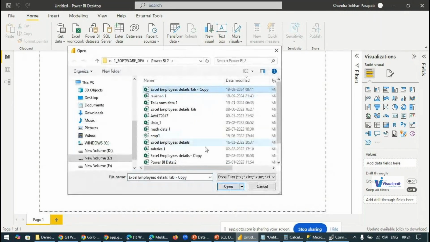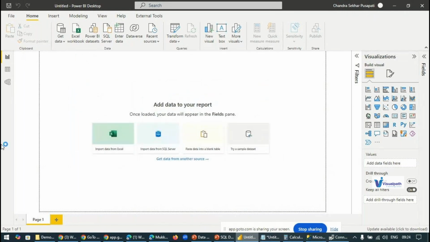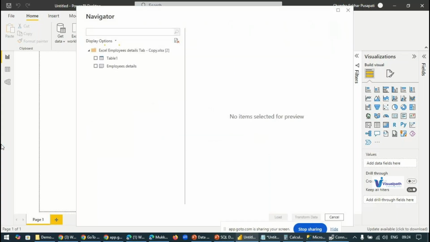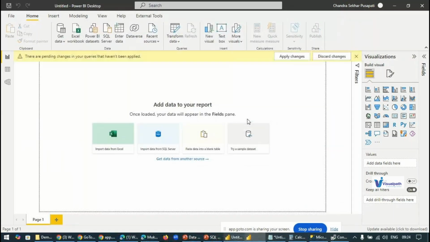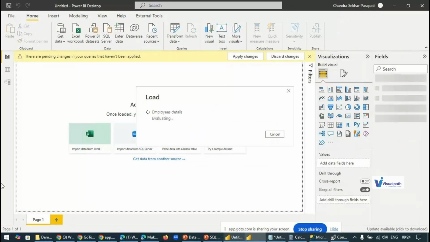I have a sample Excel data. It is loading data.